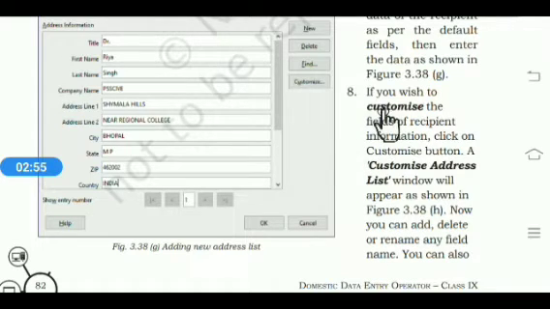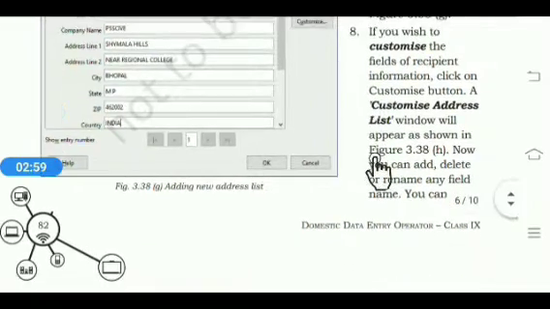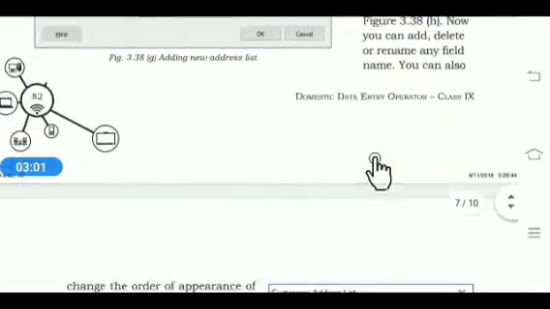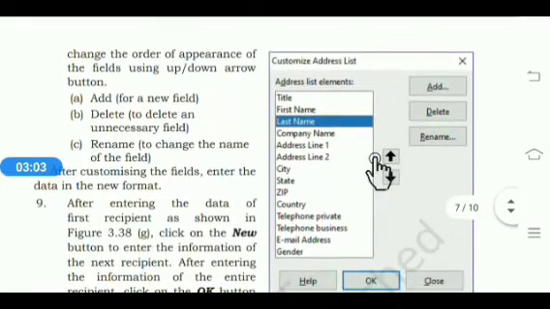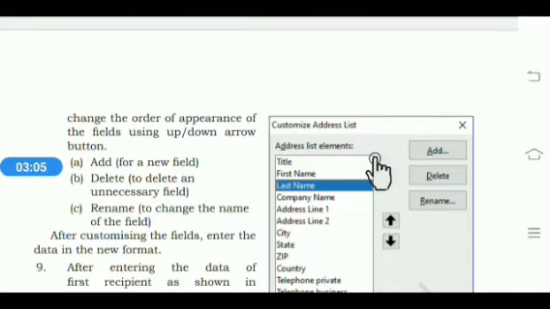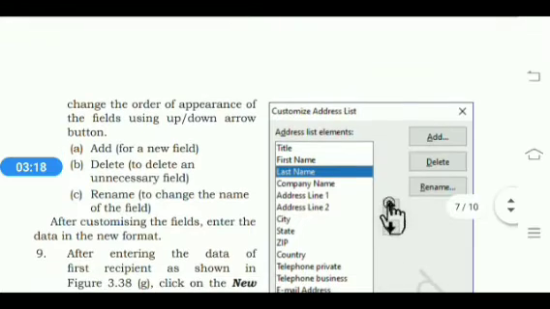For this, click on the customize button and see figure 3.38h, that is here. From here you can add any field, delete any field and rename any field according to your requirement, as well as change the order of appearance of the fields using the arrows up and down.